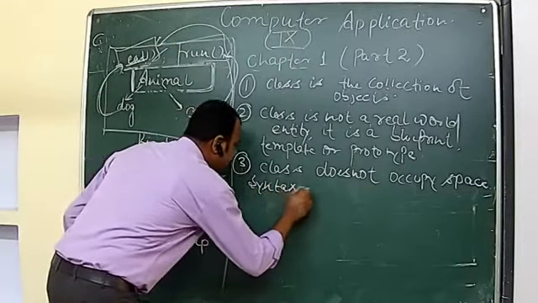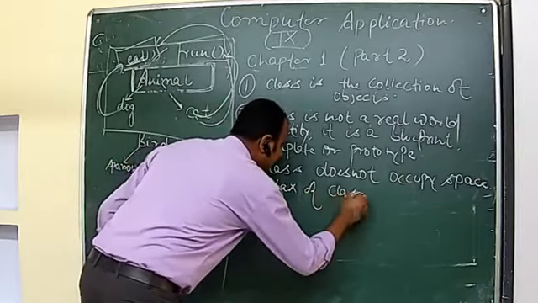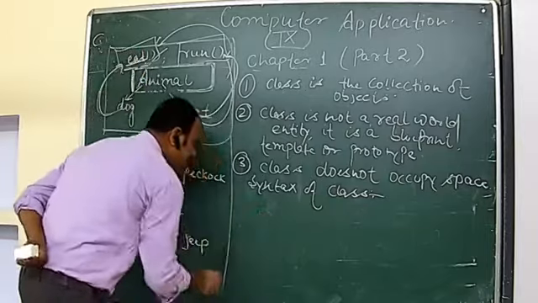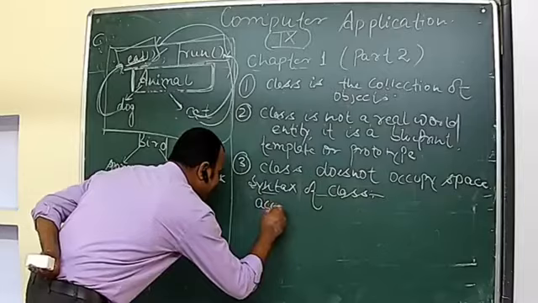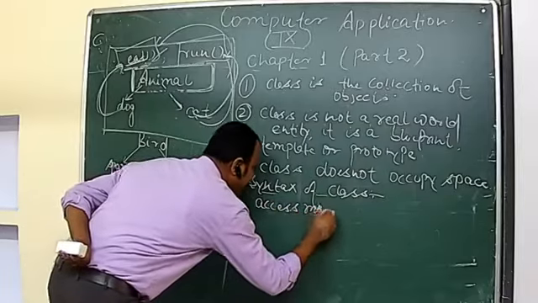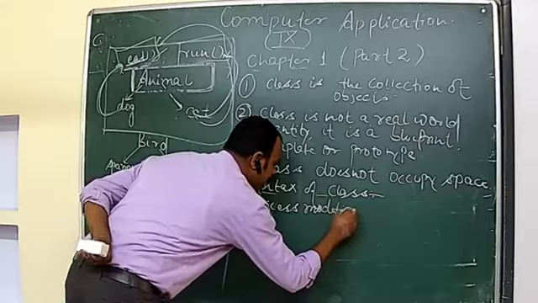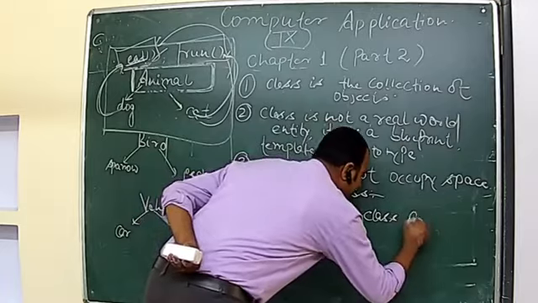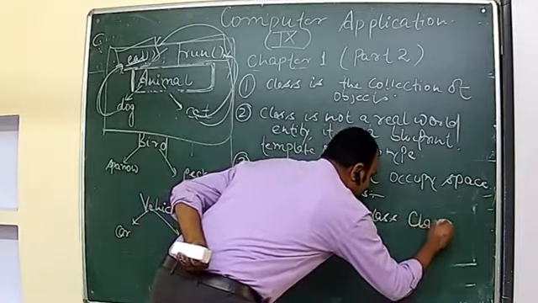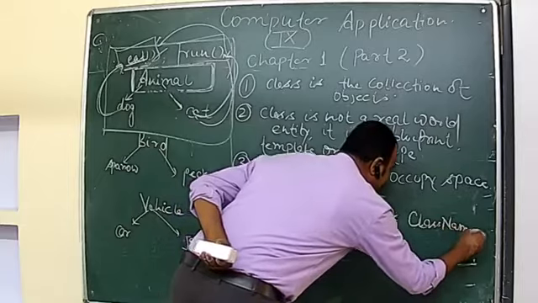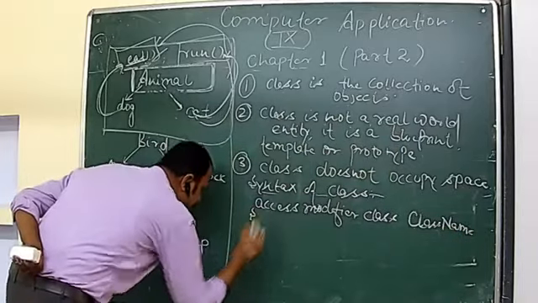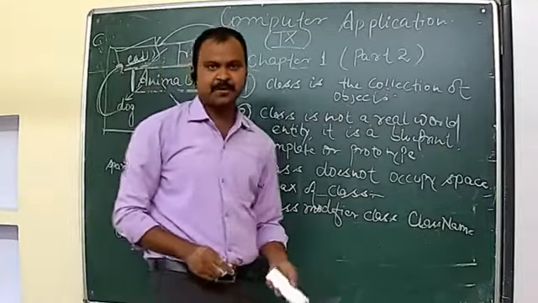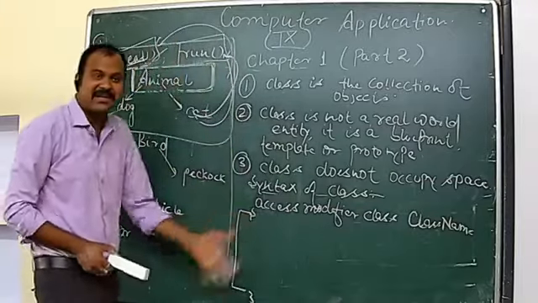Now, let me give you the syntax of writing a class. Syntax of class. How do we specify a class in our program? So, let me write the syntax here. So, access modifier will come first, then the class keyword, and then the class name, then curly braces open here and the curly braces close here. So this is the block, this is the syntax of class. Before writing a program, we write this class and then we give our block of statements.